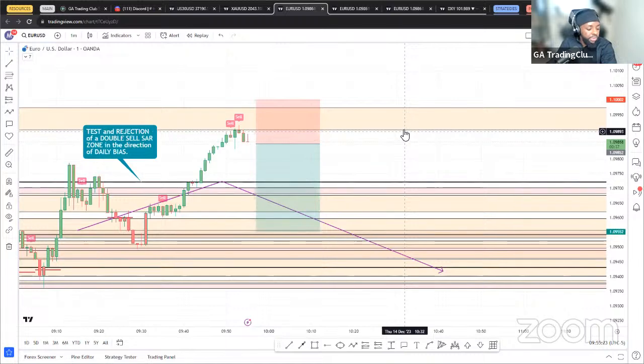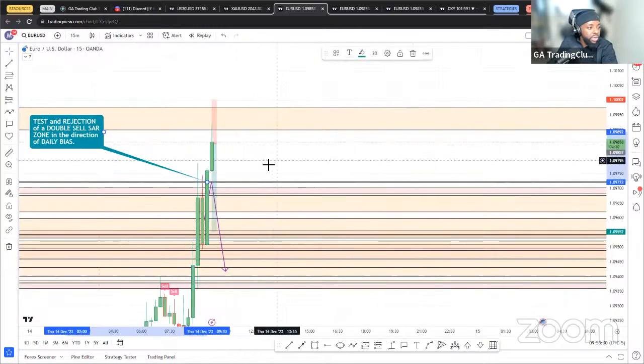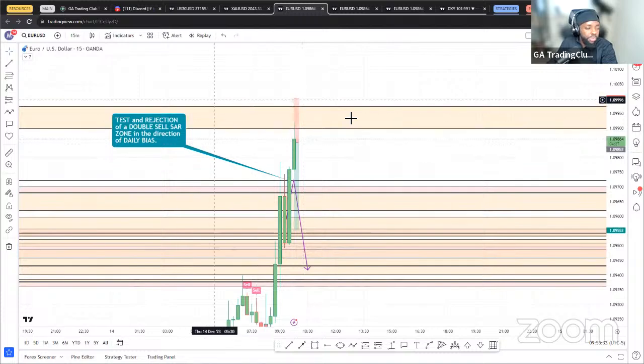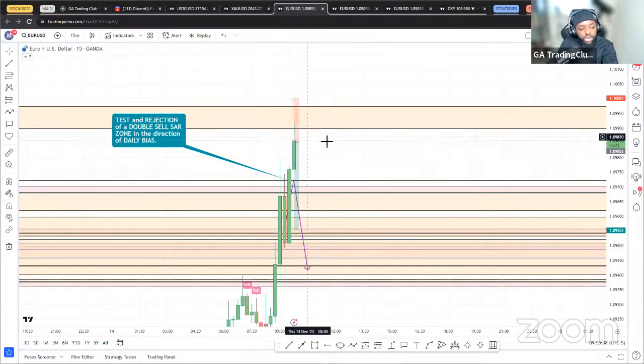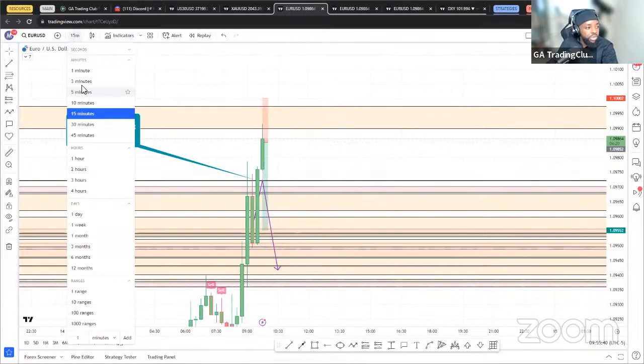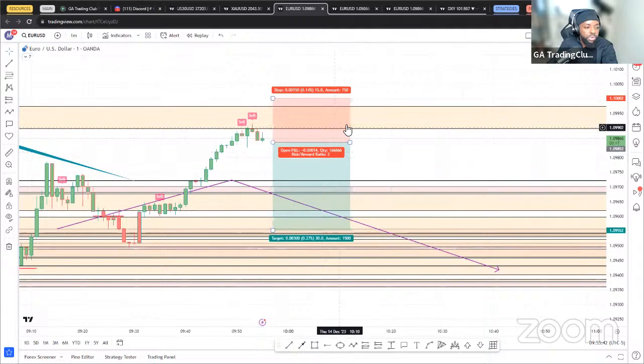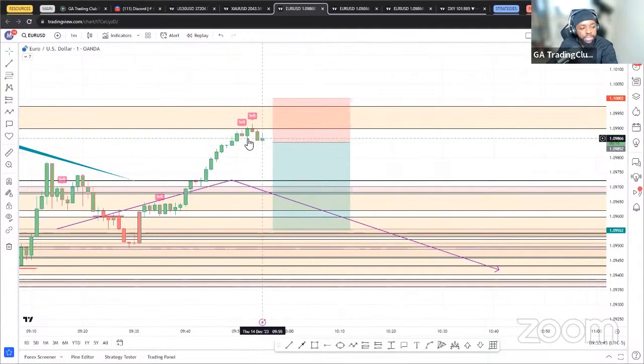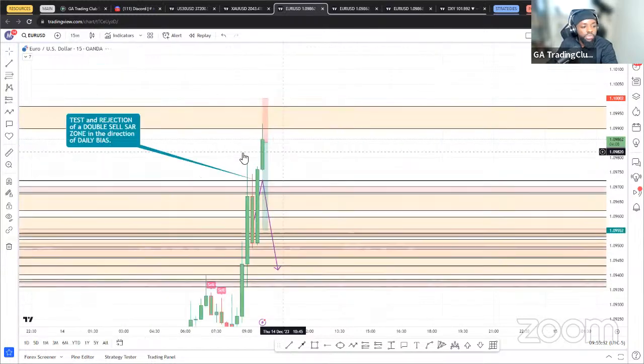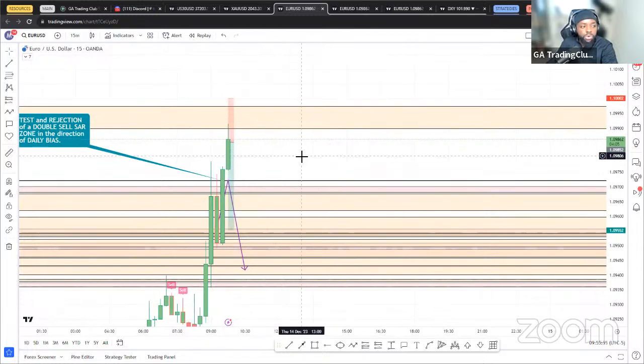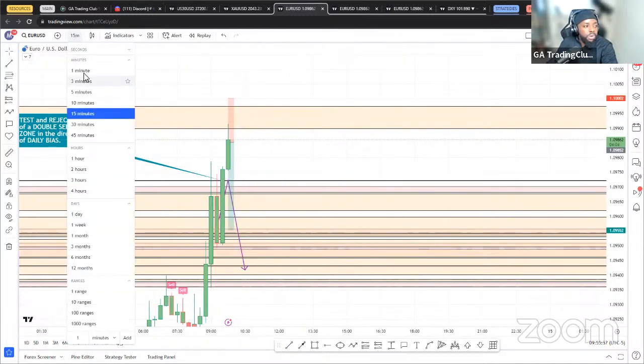So EU, this is a 15-minute zone. Here we might be forming a 15-minute entry right here. So we might be forming a test and rejection also on EU. So maybe it's better to also wait for this 15-minute validation, whichever comes first. Probably this will come first, the 1-minute entry based off of this, but it might be safer to wait for whatever is going to be set up on this 15-minute zone. So it's best to wait at this point.